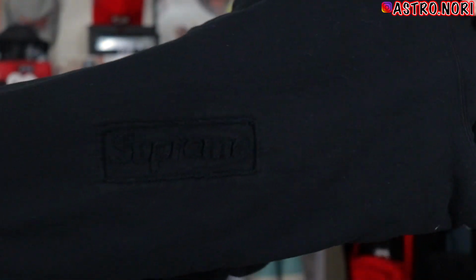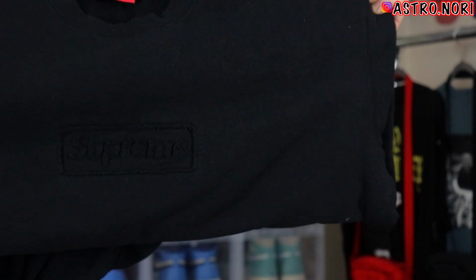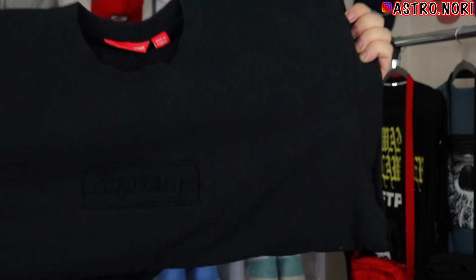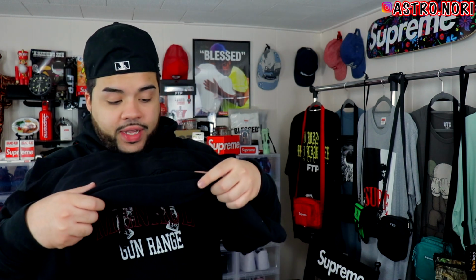The logo is low-key hidden in the mist. That's probably why it doesn't have that good of resell, because that logo is literally like not even there. If you're far, bro, you cannot tell that the logo is there. I feel like the better colorway is definitely that gray color, because on that one you can actually see that it is a cut-off logo. Like, it still has the box in it and everything, but I still feel like this should have done better